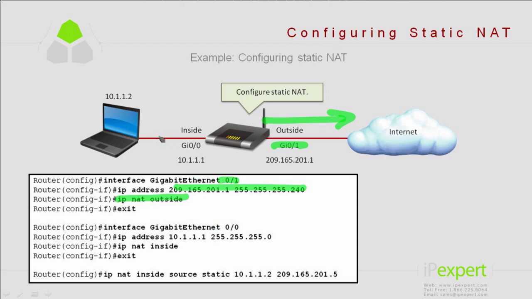Then what we end up doing is we need to configure the inside-facing variables. So here, anything coming inside is going to be using gigabit 0/0. So here we say gigabit 0/0, and what we do is give it its IP address, which is going to be a private address, and then we say ip nat inside. Now the magic happens down here. The magic happens when we start doing the configuration and we specify ip nat, and what we're going to do is change the inside source address, and we're going to change it using a static map. And all we're going to do is say any device that has the IP address of 10.1.1.2, we're going to change its IP address to